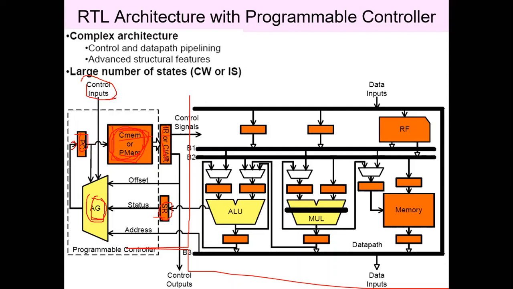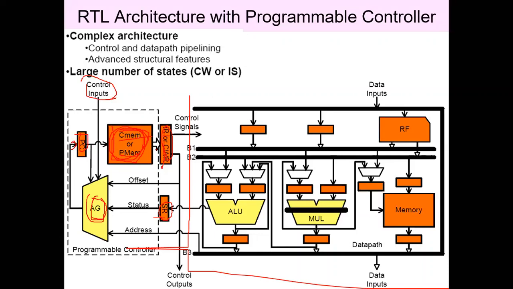Here we have a control word register or instruction register. Based on the address in the program counter, it will select the instruction to be executed from that location, and that will be moved to the instruction register. So the instruction to be executed will be stored in the instruction register.